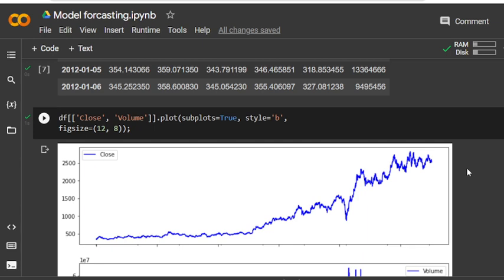First, we plot the autocorrelations, and the autocorrelations decay to zero. Second, autocorrelations decay exponentially. And third, autocorrelations alternate between positive and negative and decay to zero.